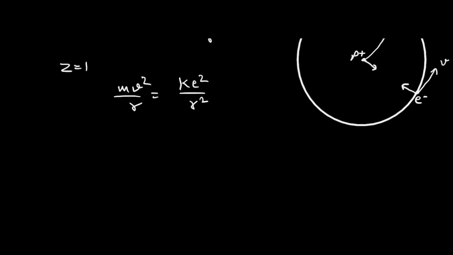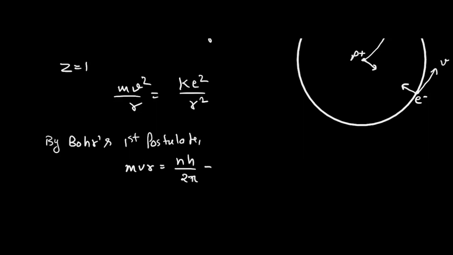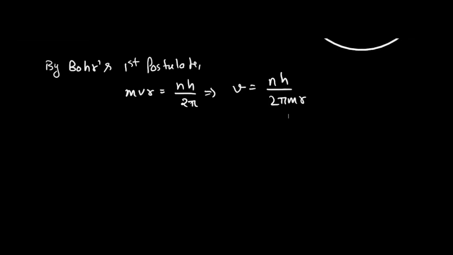Now we will use Bohr's first postulate, which we call quantization of angular momentum: mvr equals nh upon 2 pi. From here we can replace the value of v, which equals nh upon 2 pi mr, and now we will put it in the above equation and we get